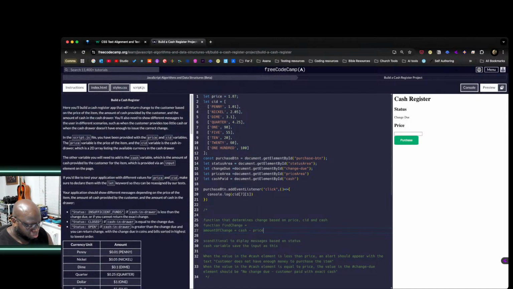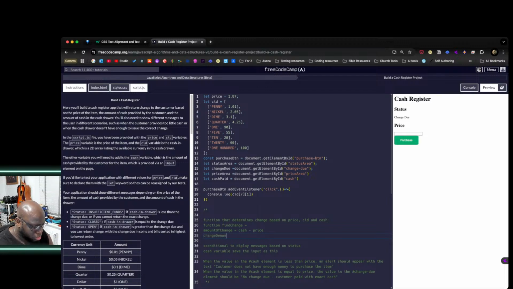Okay, so for our find change function, first thing we're going to do is work out how much change these were given. That's just the cash they're given minus the price. Then change denominations is equal to, starting at hundreds, we want